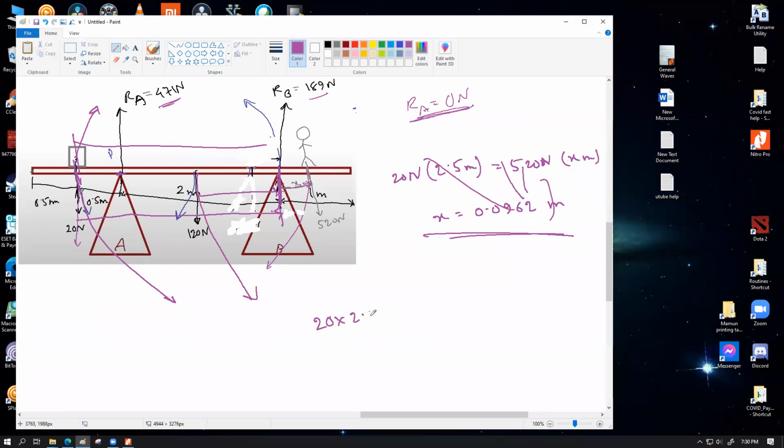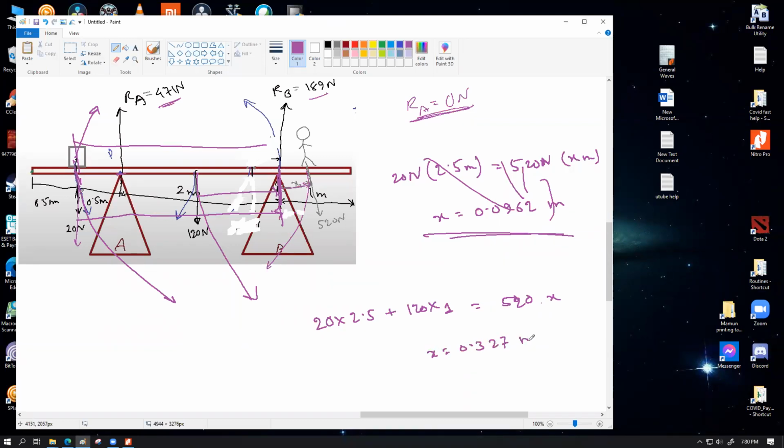20 into 2.5 plus 120 into 1 equals to 520 into x. আচ্ছা, এটা আমি করতেছি। এটা হচ্ছে 20 into 2.5 হচ্ছে 50 plus 120 divided by 520. 170. হ্যাঁ, so we get 0.327. এখন ঠিক আছে।